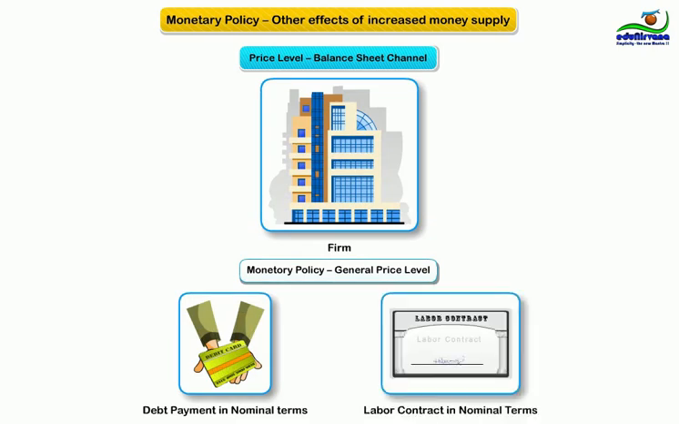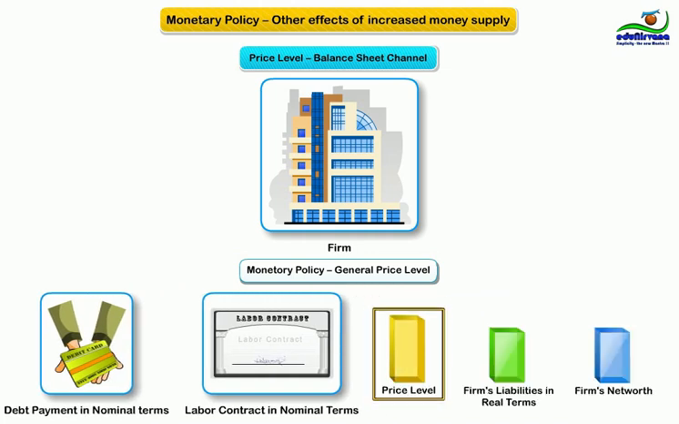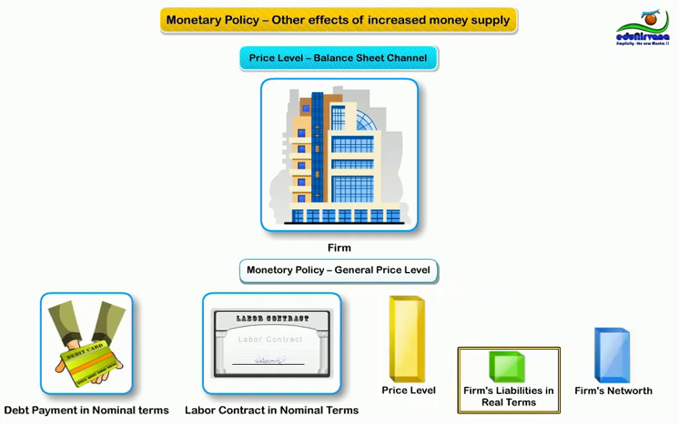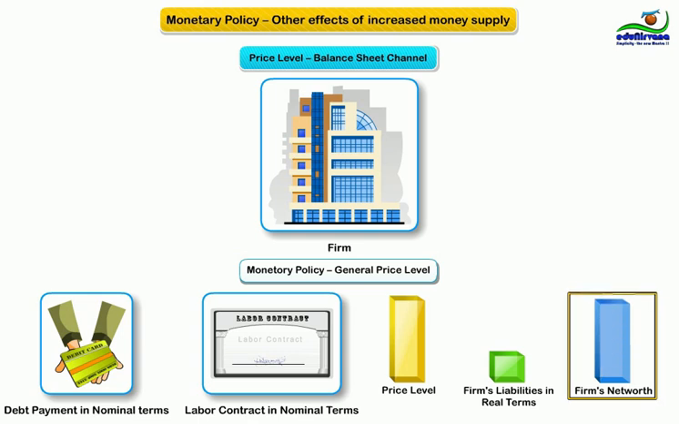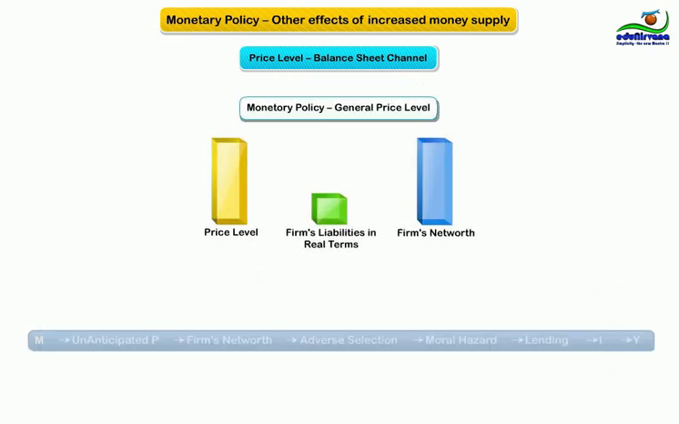Because debt payments and labor contracts are contractually fixed in nominal terms, an unanticipated rise in the price level lowers the value of firms' liabilities in real terms, that is, decreases the burden of the debt and wages, but should not lower the real value of the firm's assets. Monetary expansion that leads to an unanticipated rise in the price level therefore raises real net worth, which lowers adverse selection and moral hazard problems, thereby leading to a rise in investment spending and aggregate output,